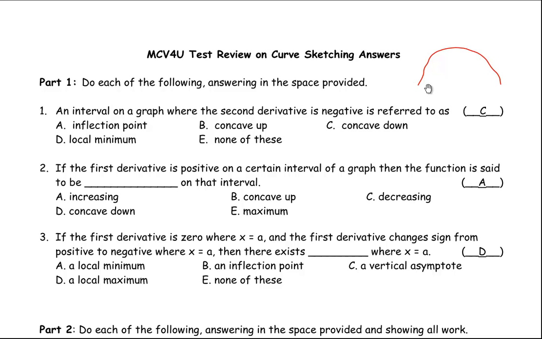If the second derivative is negative, I've drawn a curve here, and I want to draw a few tangent lines. I'm going to draw a few of them, and 5 is enough. So the idea is this: if the second derivative is negative, that means that the first